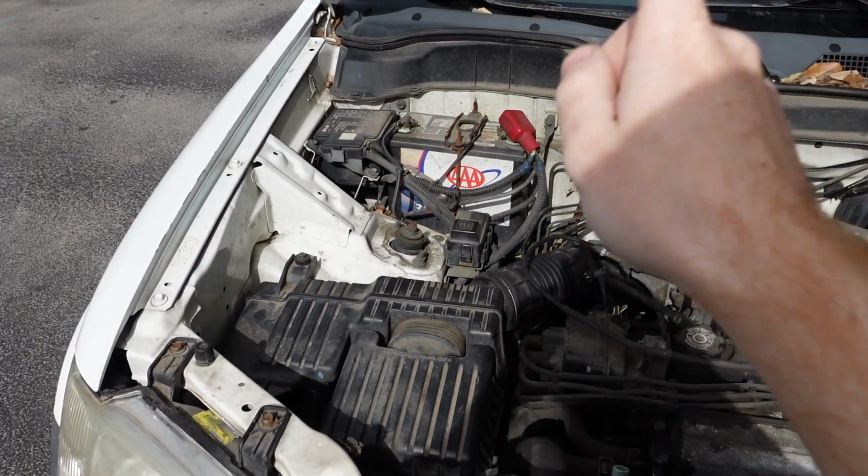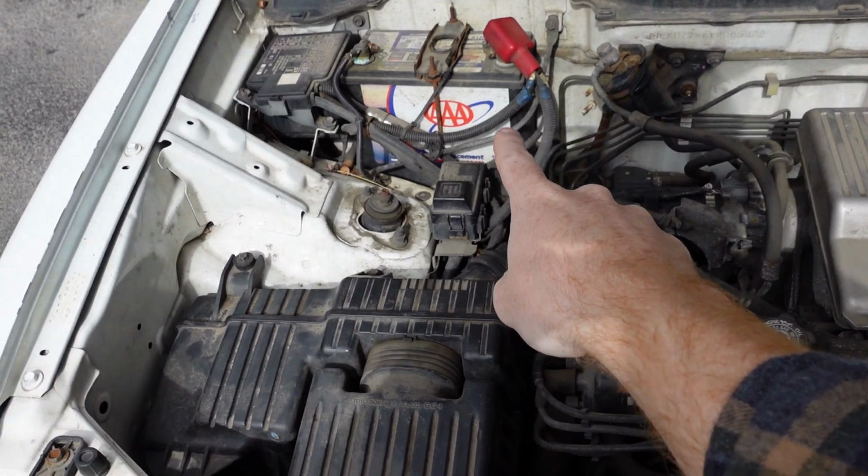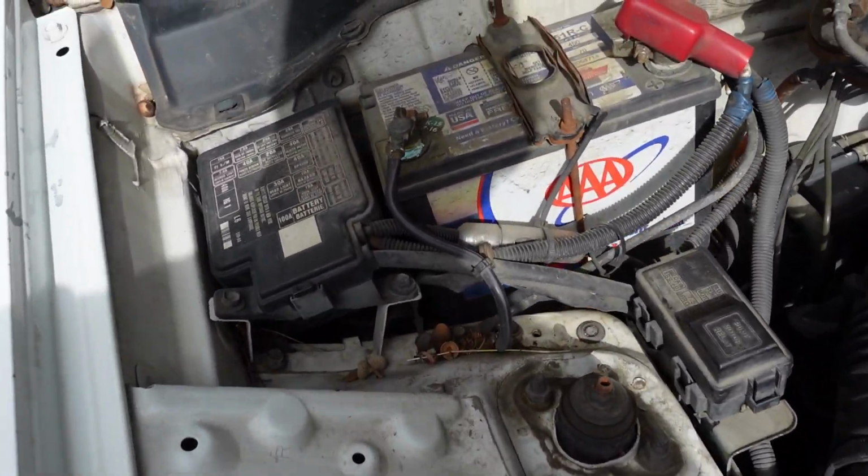Before the clutch goes bad, I'm going to replace it. That way I can plan for it and not be stuck. Another great option is going to be the battery, and that's what I'm replacing today, because if you see here,